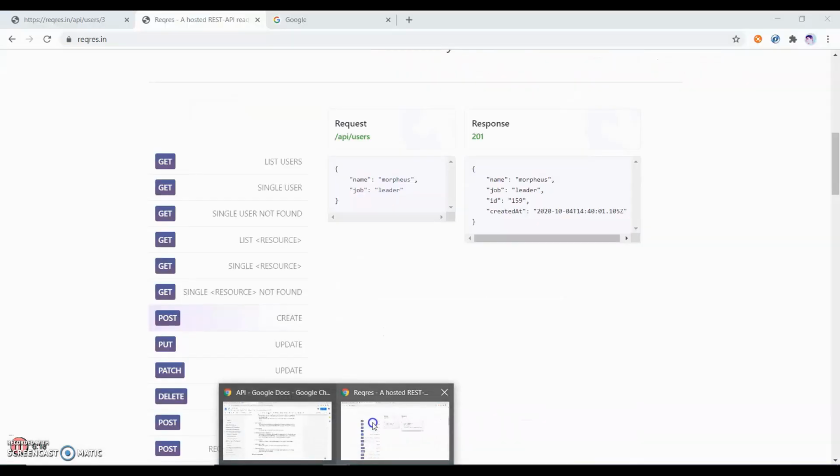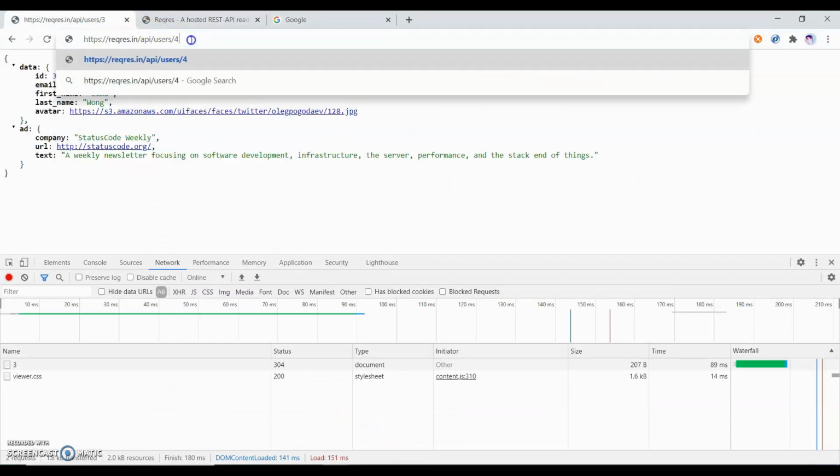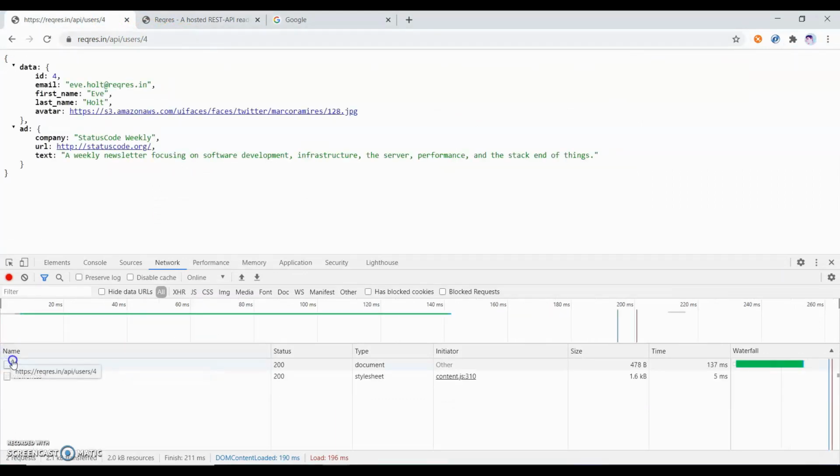So let me show you this. I am getting user 4. You can see for this it is a 200 status, right? At this time I send the request to the server. The server sends the response to me. I am getting the data for user ID 4, and here you can see it comes from the server, so the status is 200.